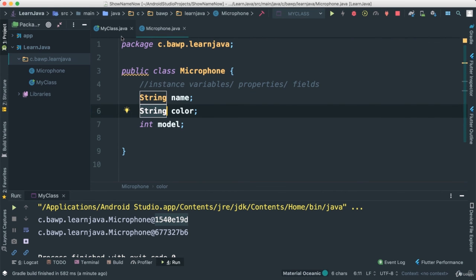Right? And once you do that, I want you to create your own class, right? So think of something else that you might have to create a class for. And also, whenever you want to create a class, you have to think of something that is most of the time a noun, right? So microphone, a person, church, car, those are nouns. They tend to be the best things to create a class from. All right? Okay, so go ahead and do that